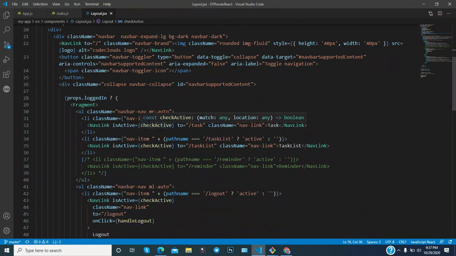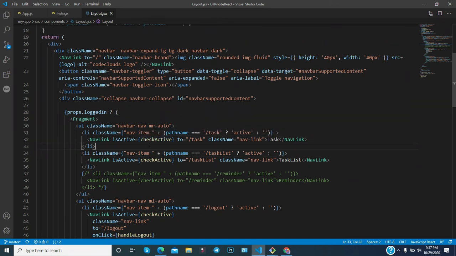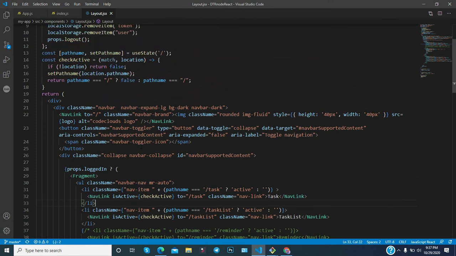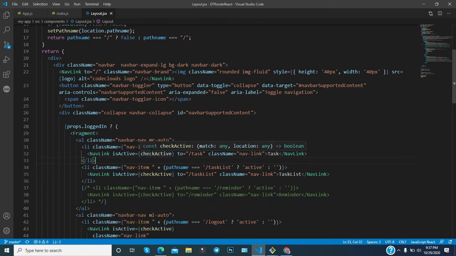Just think about this. If you understand the basic idea, then of course you will do some R&D to fix this issue. So this is the thing. And if the pathname is that, it is active, or we are showing it in this way as well.